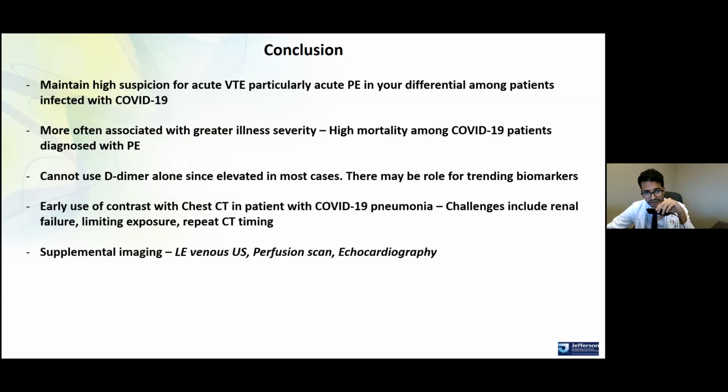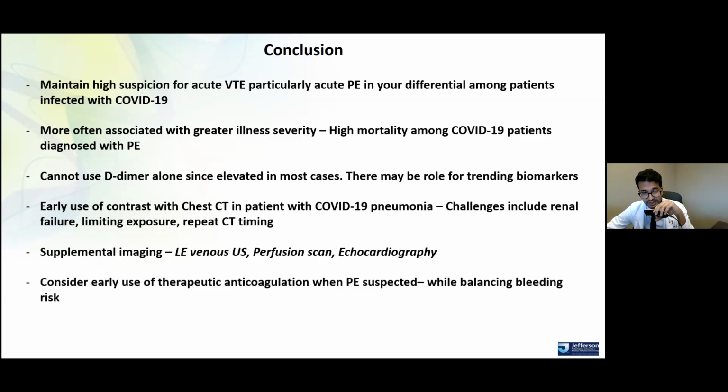Now, supplemental imaging, I don't think we have any data to suggest that these would help predict development of PE or diagnose it. You could use echocardiography, look for DVTs in these patients, or use only a perfusion scan and avoid the ventilation scan to avoid exposure in some of these group of patients. I can tell you that the data so far suggests that the rate of DVT is a lot less than what has been seen in other sick septic ICU patient analyses. Tells you that maybe there's something more primary pathologic going on in the lungs that predisposes them to a PE.